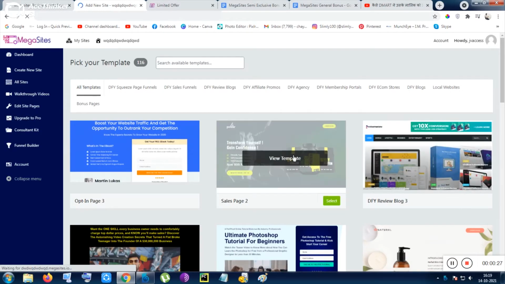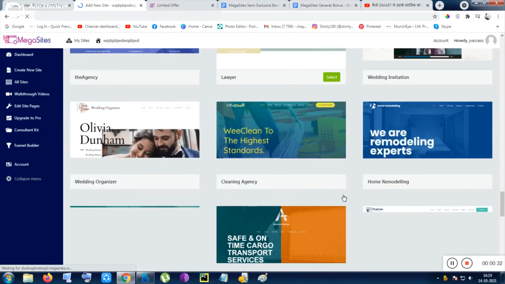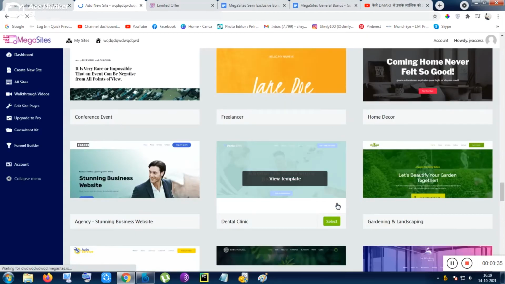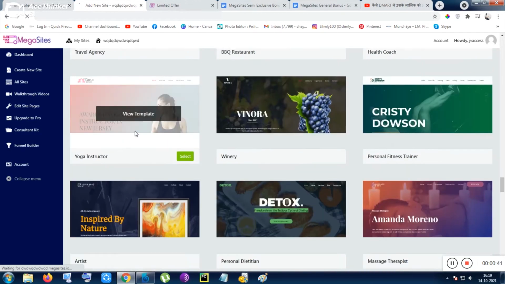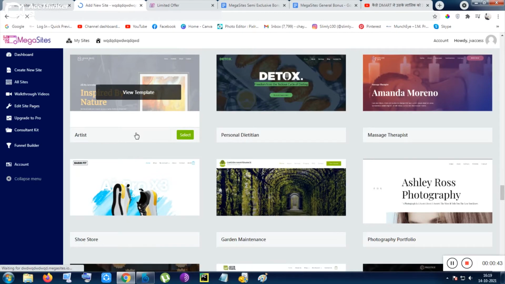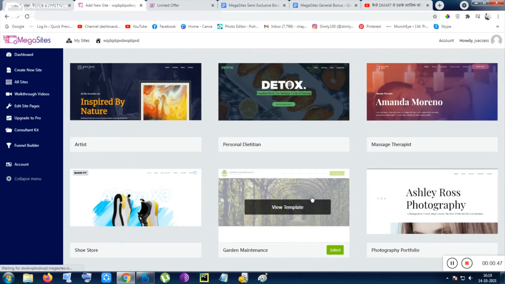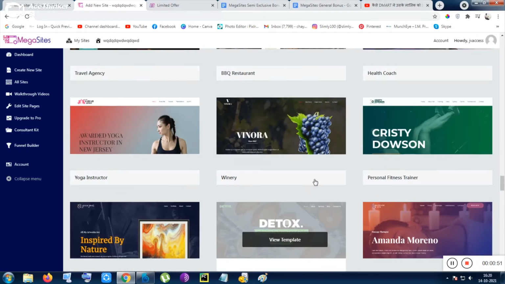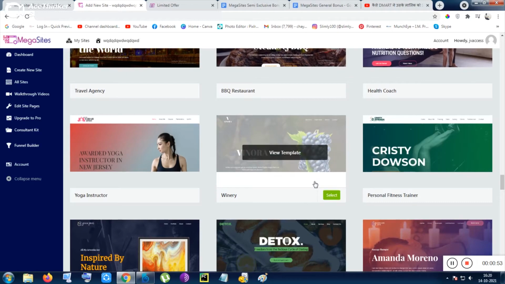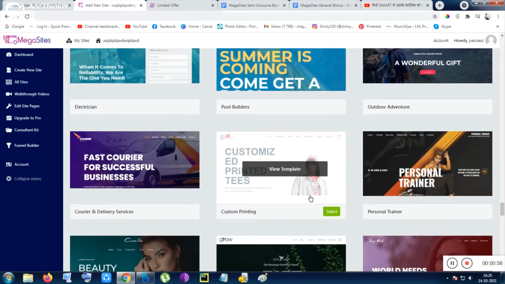So these are the templates of the site. Inside the front end you will be given these templates. You are looking at the screen now. These templates will be given to you instantly once you have spent your $17. And there are templates from every field. You can see here the shoe template, the nature template, the detox template, and obviously the gym template, the yoga template, and everything. They have tried to cover almost all of the niches.